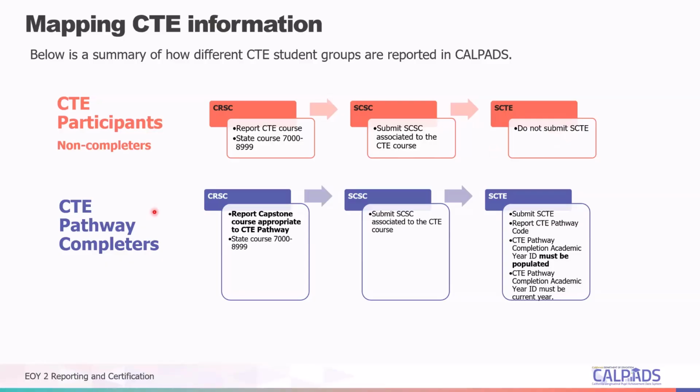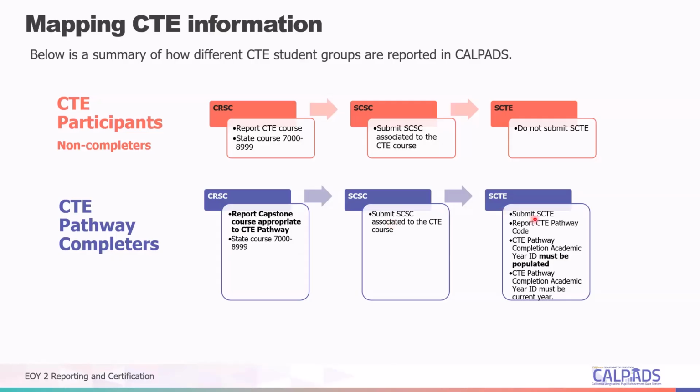So speaking of a pathway completer, you again report the same information. The only difference this time is that the CRSC and the SCSC should be associated to a state course code that's identified as the capstone course. So once you've identified that the student completed the entire program and completed the capstone course this year with a C minus or higher,